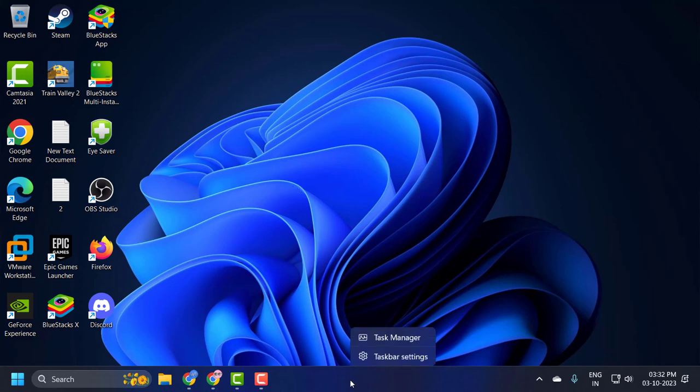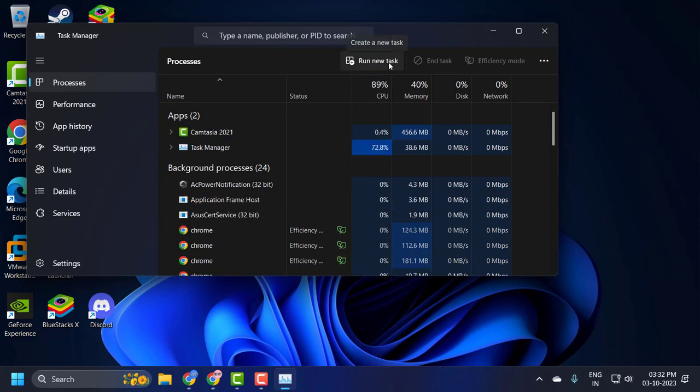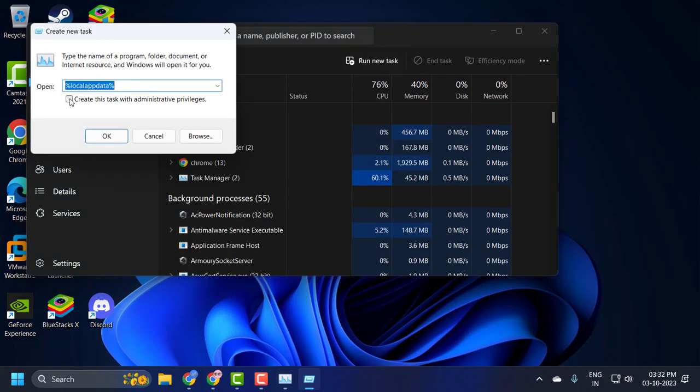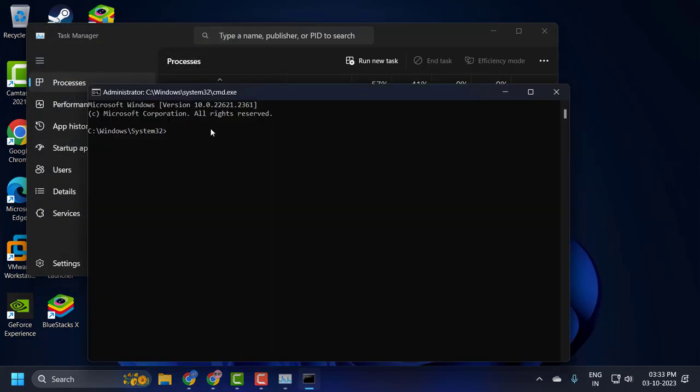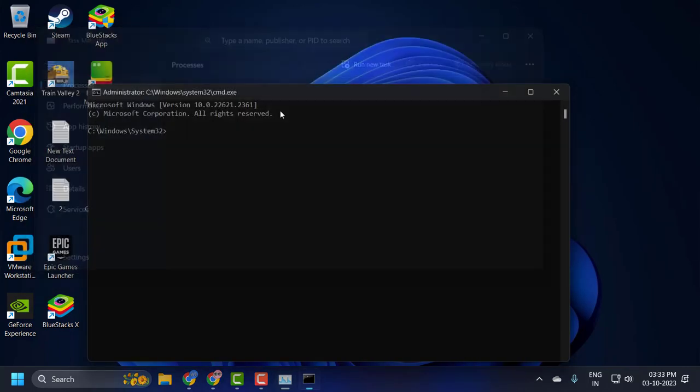You just need to right click on the taskbar and select Task Manager. Select Run new task, check mark "Create this task with administrative privileges," and type cmd here. Click on OK, guys. And now in the command prompt window you just need to type